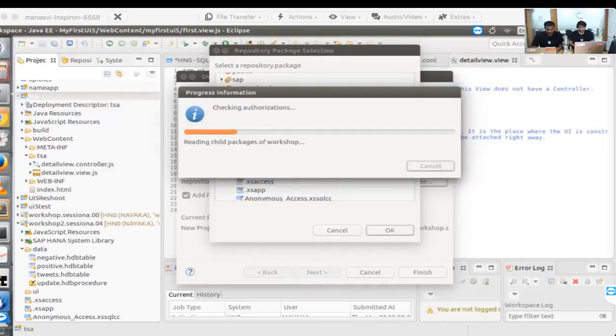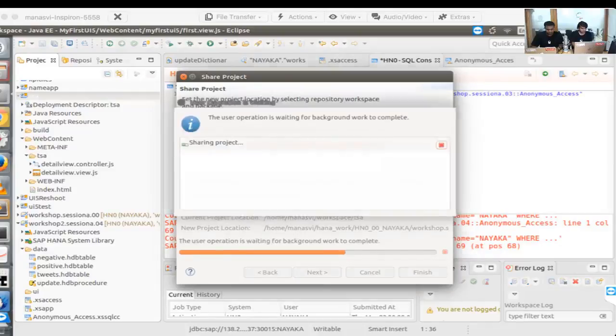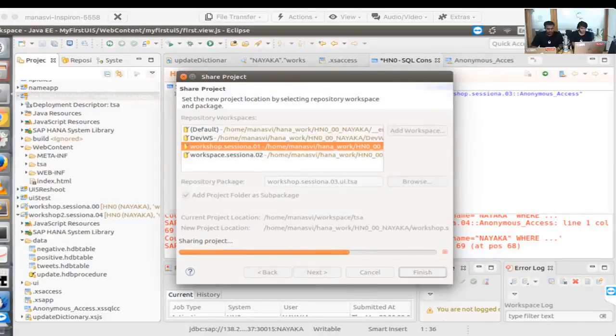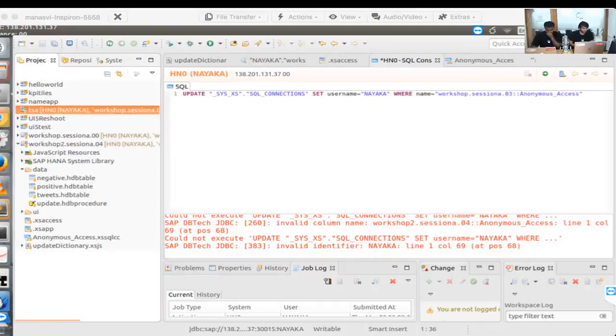So we can just select the UI part here, and it will create the repository package name as workshop.session.a.03.ui.tsa, and then we can click on finish here. So yeah, as you can see, if we collapse this one and open our UI, we'll have a folder inside